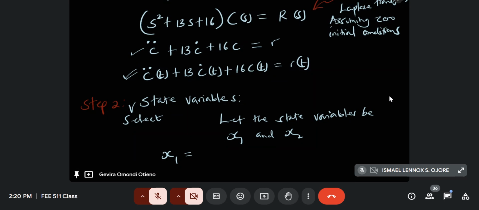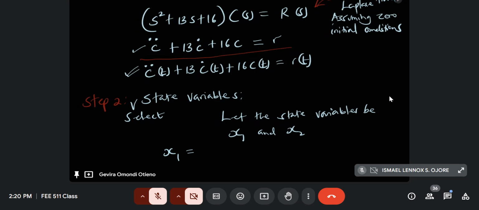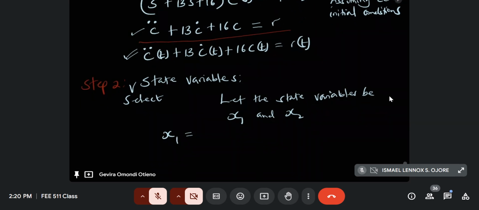So if you look at the differential equation, pick the variable that has derivatives. That's the idea of knowing what state variables you need to pick. So in our case here, you see C is the variable that has derivatives. So we are going to pick x1 as C, and then we are going to pick